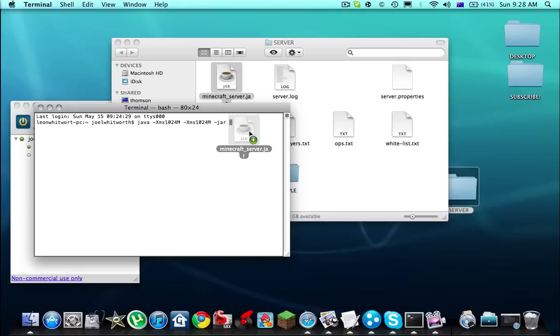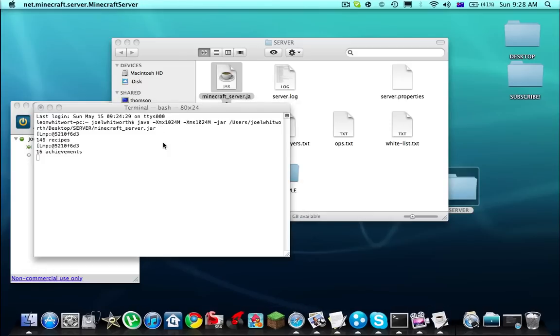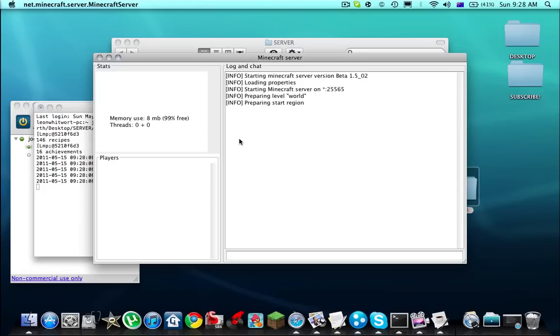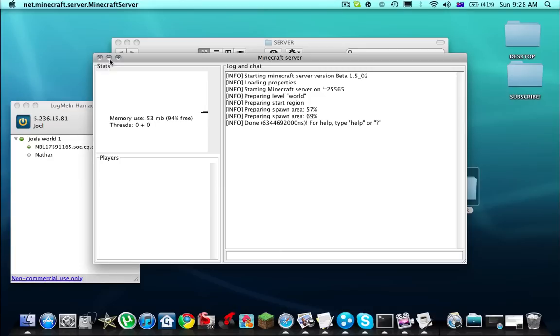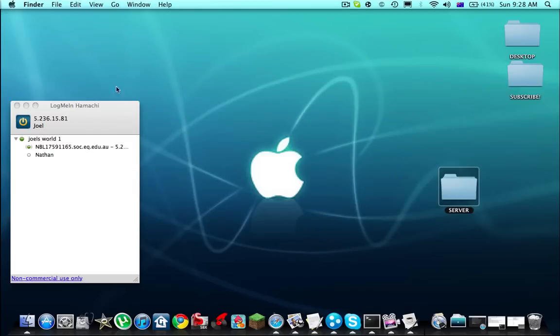Again, make sure you close that Minecraft server.jar before you drag it in. And then now this will come up. Prepare the spawn area. You can minimize that. You can launch it with no GUI by typing no GUI at the end. The world name is example, that's what's there. That'll come up. So now that you have that open and you have your IP, you can go into your